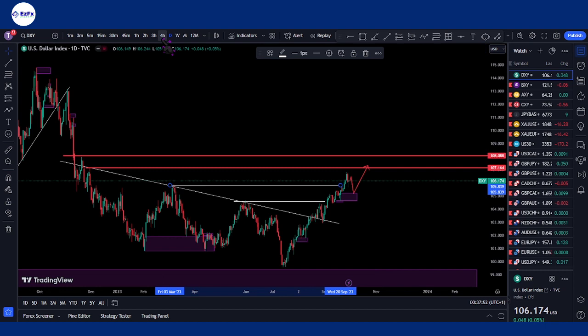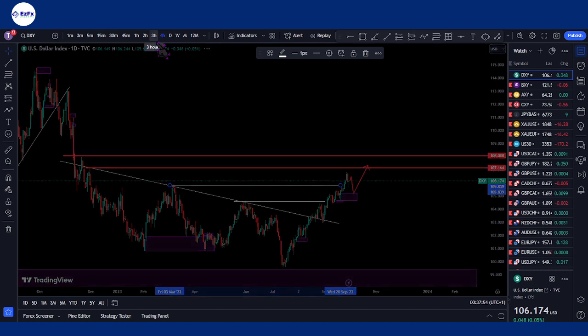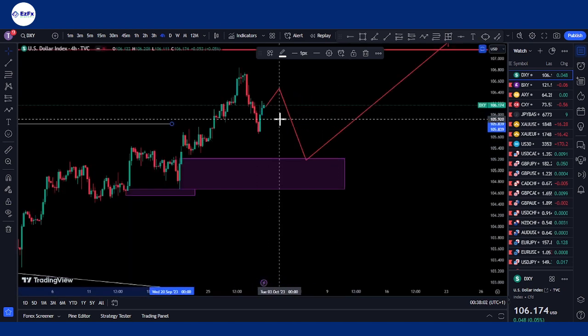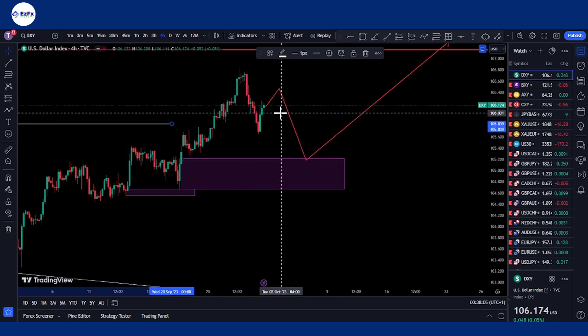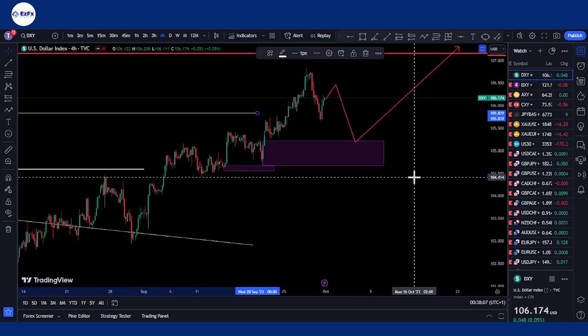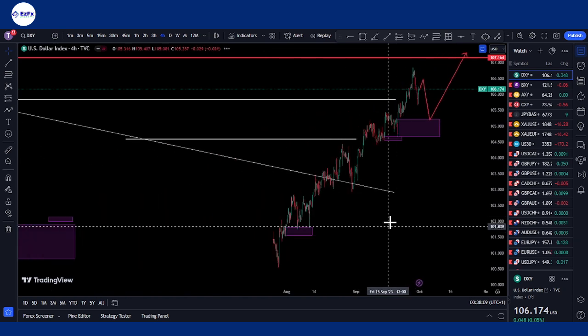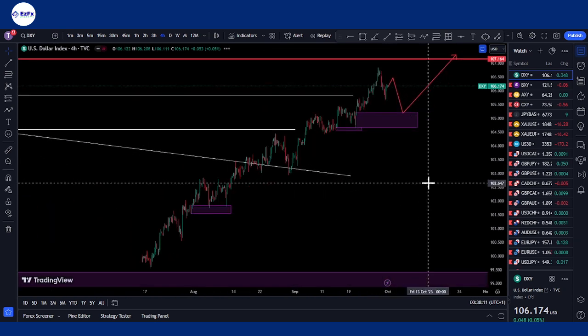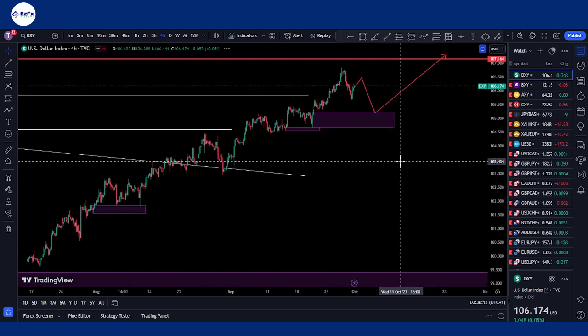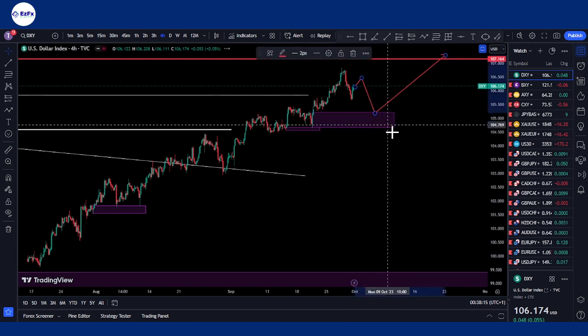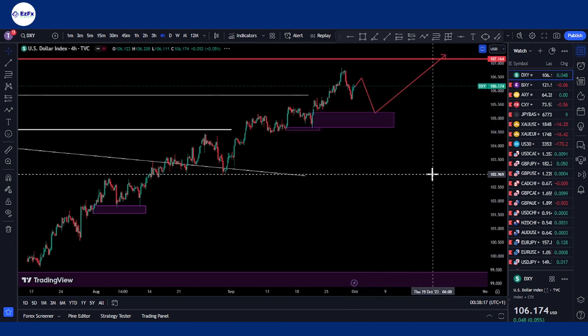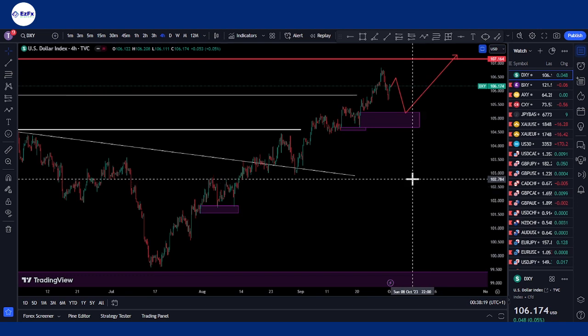However, during the course of this week, let me just go down to the 4-hour time frame quickly to show us something. So on the 4-hour time frame, we can see this old zone that I just marked out. So it's very likely we could just have probably a short sell to buy on DXY. That'll be my bias for this week on DXY. Short sell to buy. So just a sell towards this zone, and then we get to see our buy from there. So I hope that is clear.